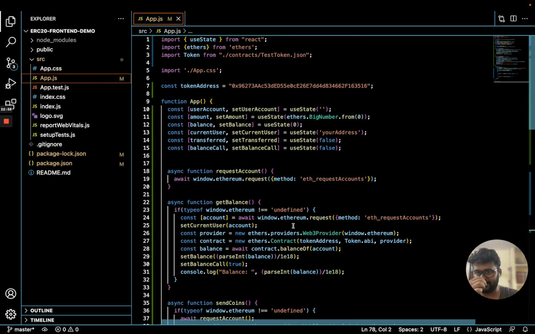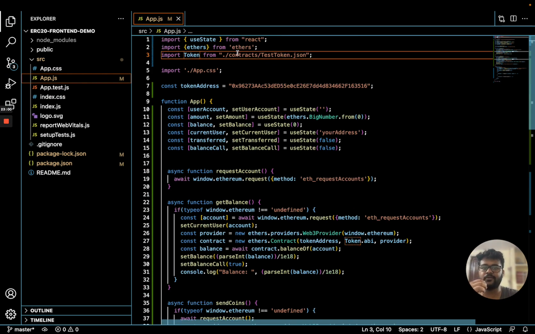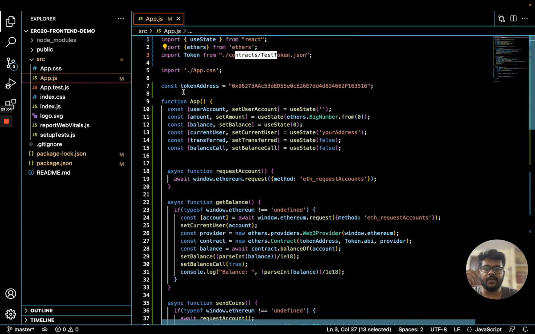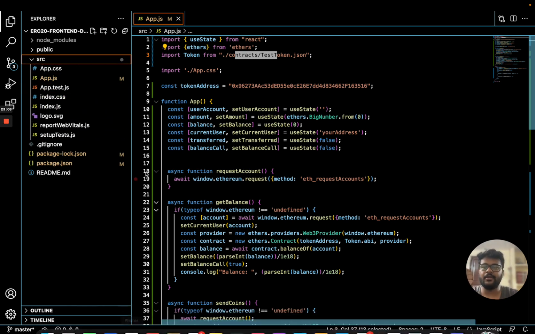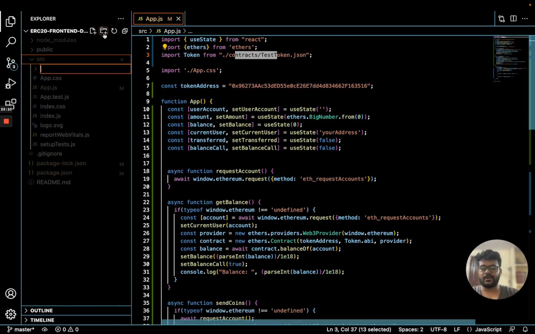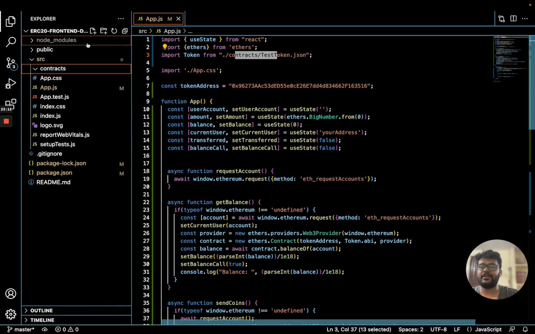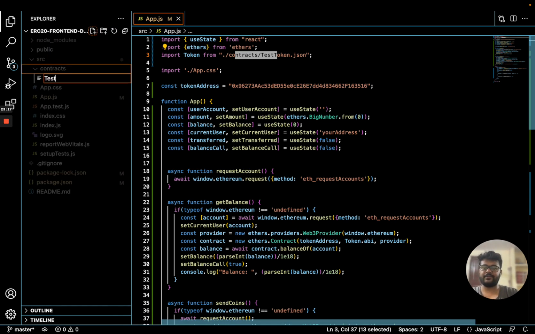Now you'll see that we are importing token from contract/test token.json, right? But there is no contracts folder here, right? So let's create a contracts folder. Let's create a test token.json,